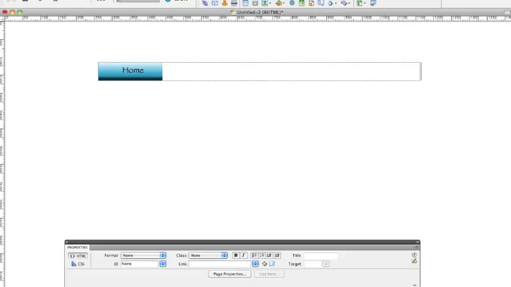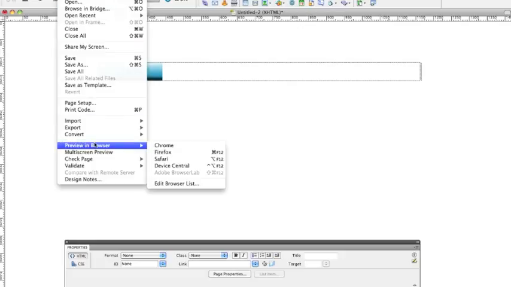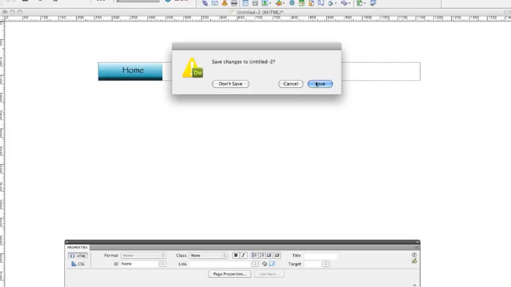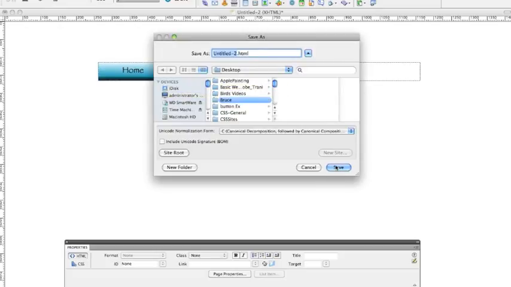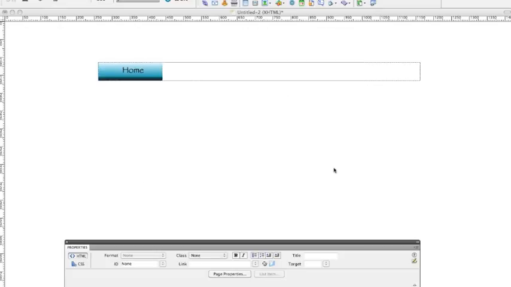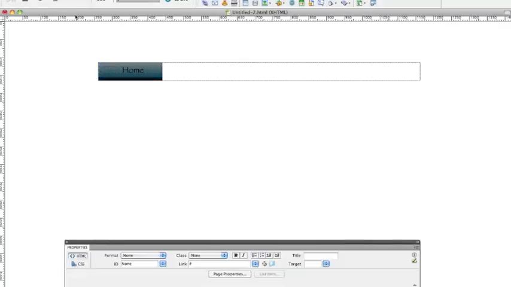Okay, well, so now let me prove it to you. I know how skeptical you are. I'm going to go to File, Preview in Browser. I'm going to save it, and I'm going to save it to my desktop. And lo and behold, this is what happens. And look, it works. I'm going to do one more for you. Let's get out of the browser, go back to the